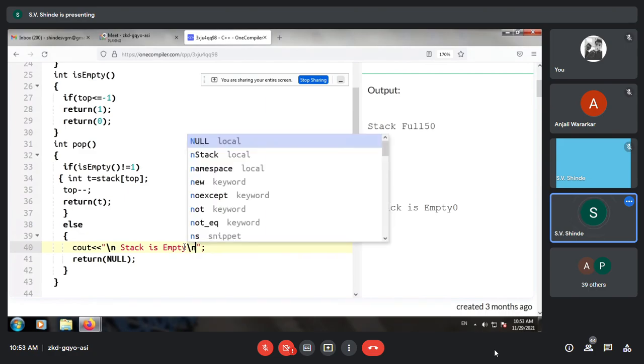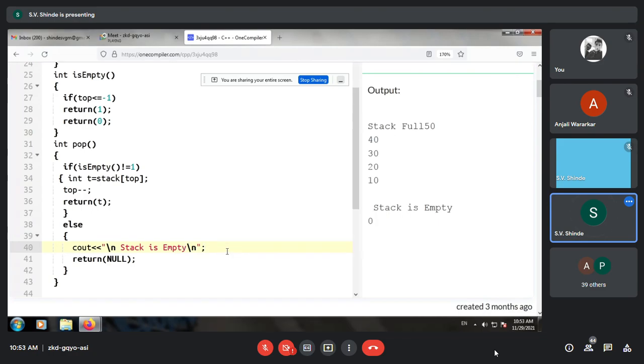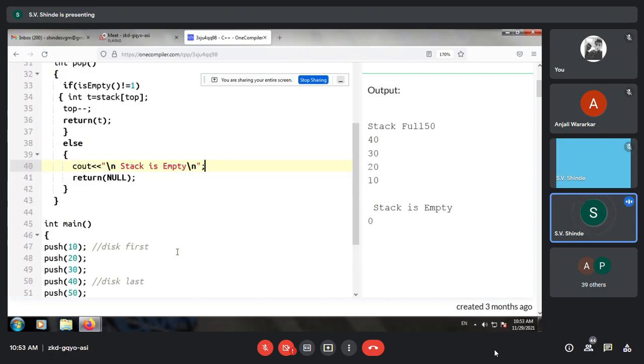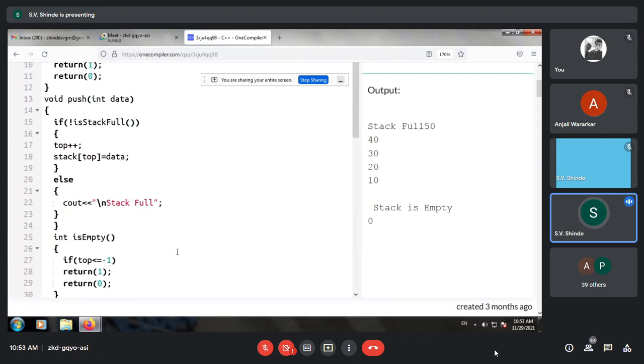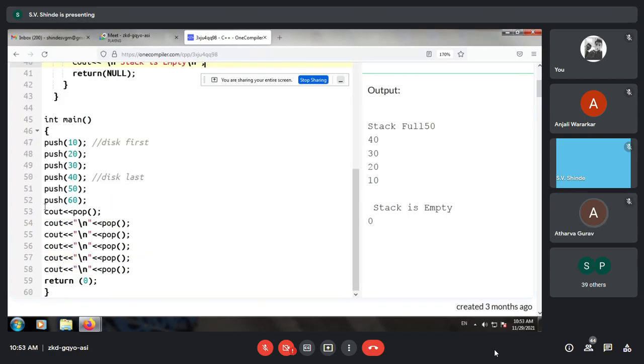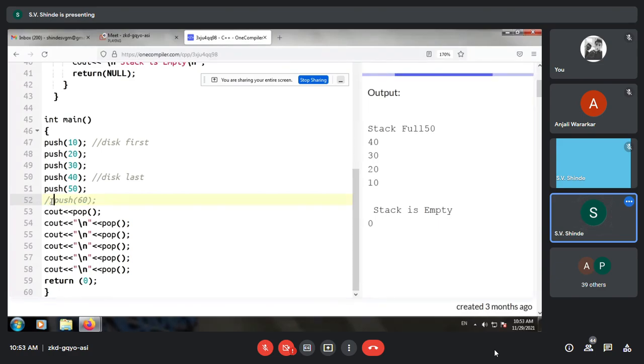Sorry, I will put it so this will be more clear. When you are inserting the element that is the top of the stack, that is 60, we are getting this error, not by 50. So we check when the stack is full. While pushing 50 there is no error, but when you are inserting 60, yes, there is the stack full error.